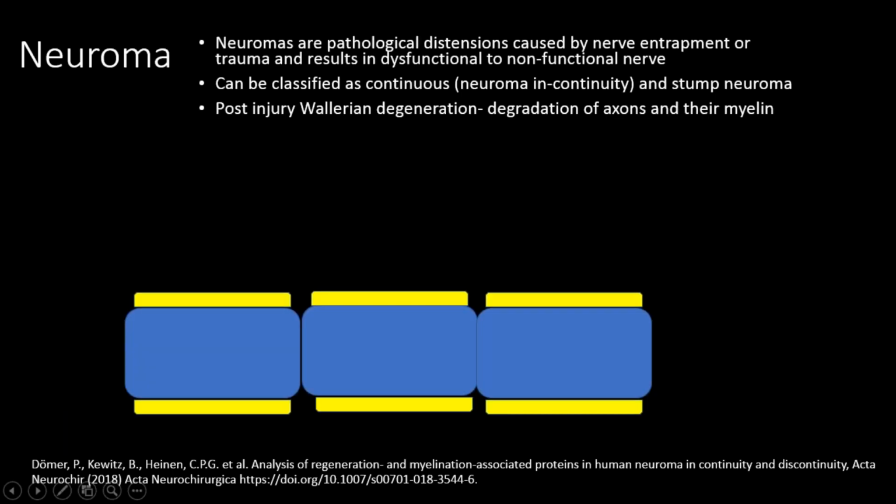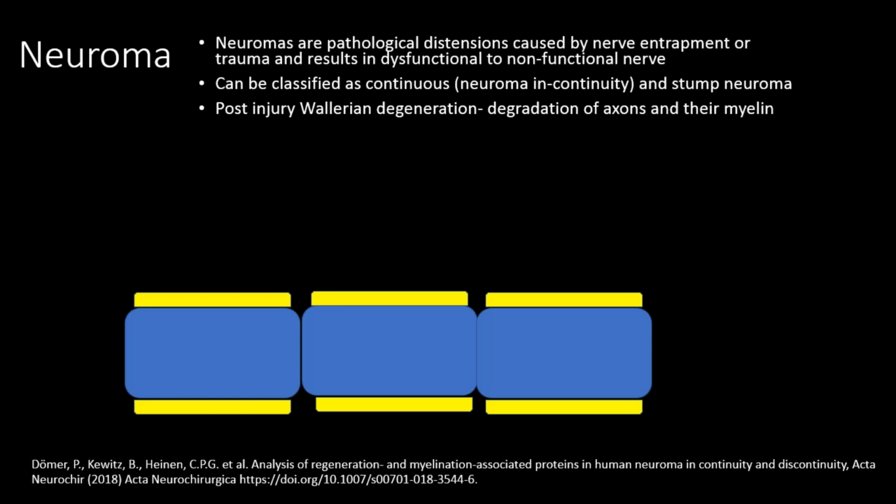Now, whenever there is an injury, there is a neuroma that forms in that area. So what are neuromas? Neuromas are pathological distension caused by nerve entrapment or trauma, and they result in dysfunctional to non-functional nerves. So there are neuromas, and that leads to non-functioning or dysfunctioning nerve, and those are the symptoms of weakness or maybe atrophy or